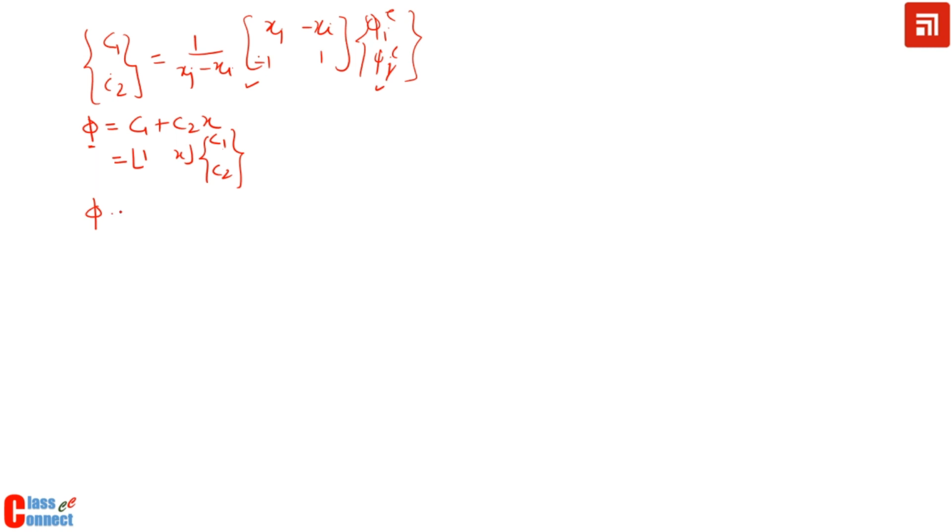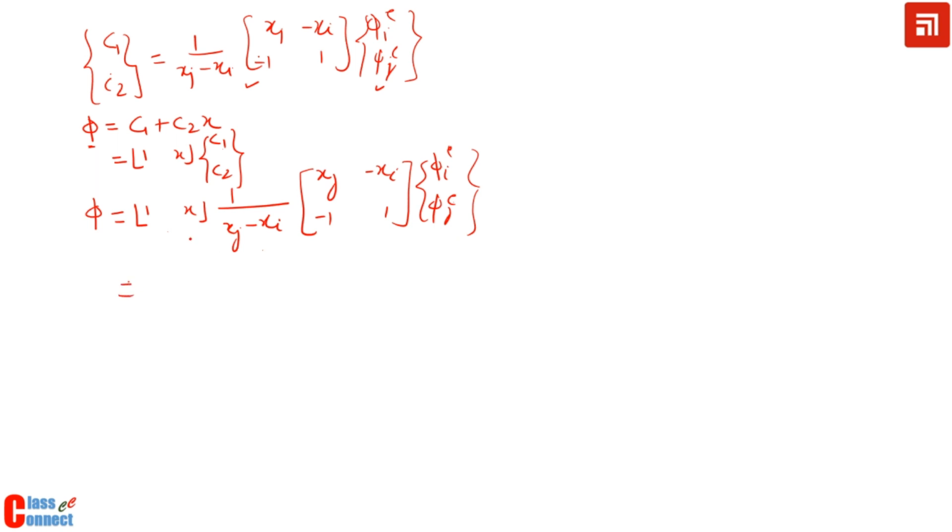So what I will get is 1 x, and in place of C1 C2 I write xj minus xi, and in matrix form it is xj, minus xi, minus 1, 1, and phi i eth element and phi j eth element. If I multiply these three terms together, I get